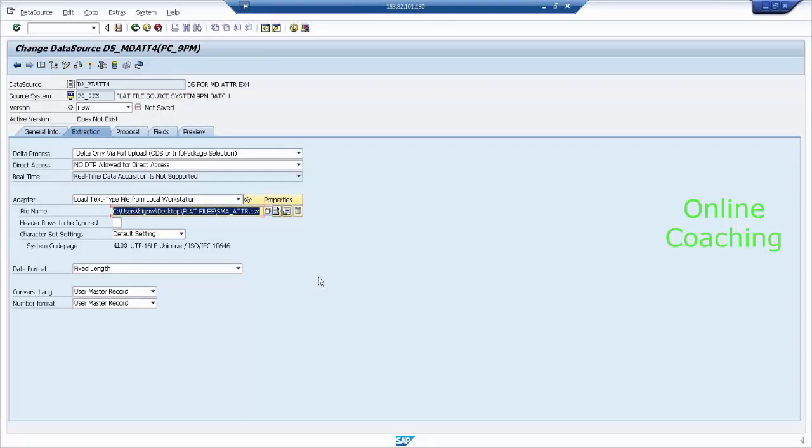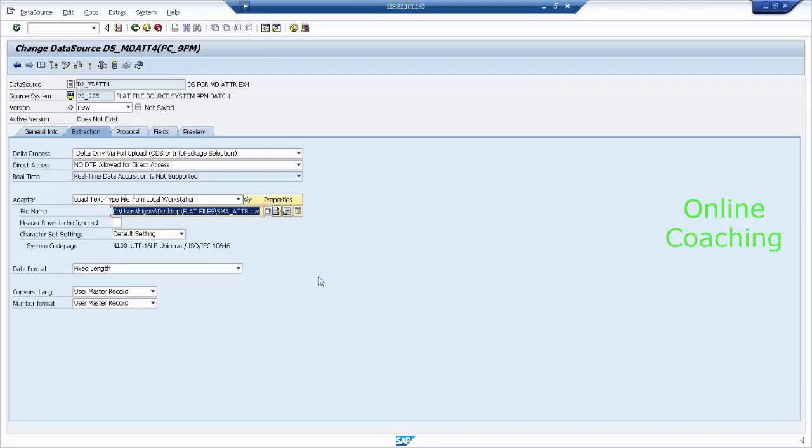I have to make one thing clear here. The purpose of creating the data source is only to specify where my flat file is located in my computer. We are not loading any data while creating the data source. The creation of data source is not for loading the data. It is to specify the path of your flat file, where exactly it is located. Then